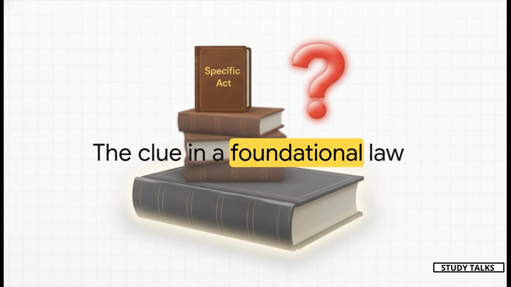And this is that moment of panic, isn't it? You start thinking, oh no, did I miss something? Did I not study this section properly? You reread the act mentally, but the answer just isn't there. And here's the thing, you're not wrong. The answer isn't in that specific law. You're just looking in the wrong place. The clue is hidden in plain sight, inside a different law that basically governs all the others.